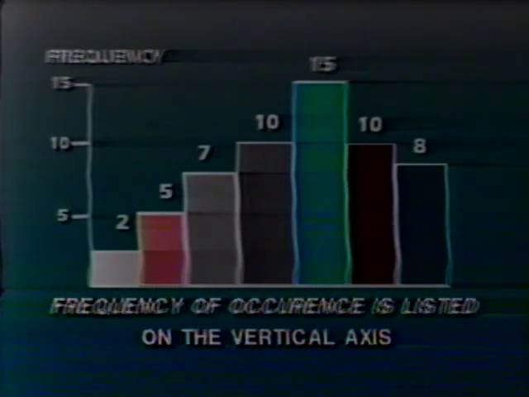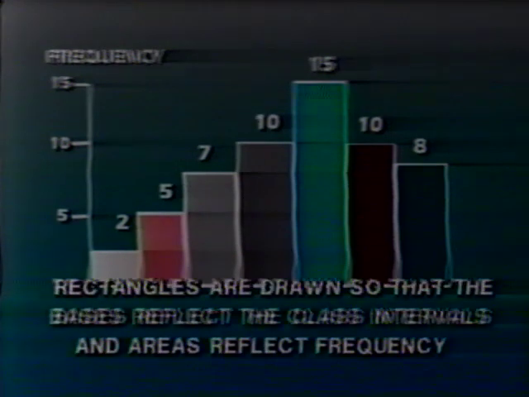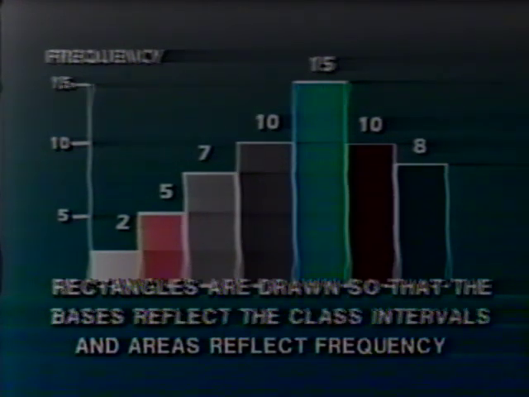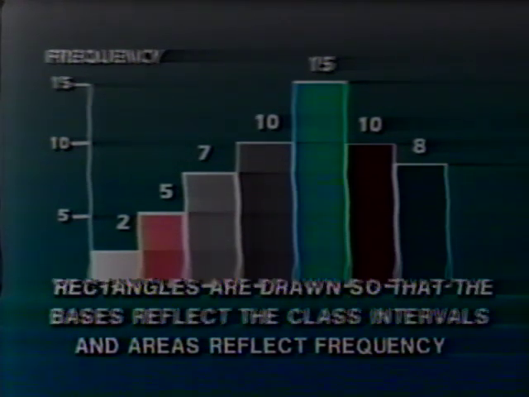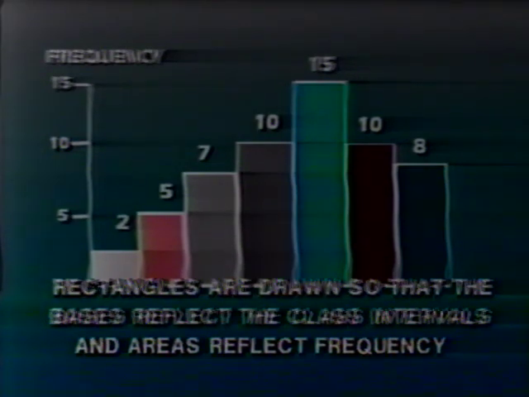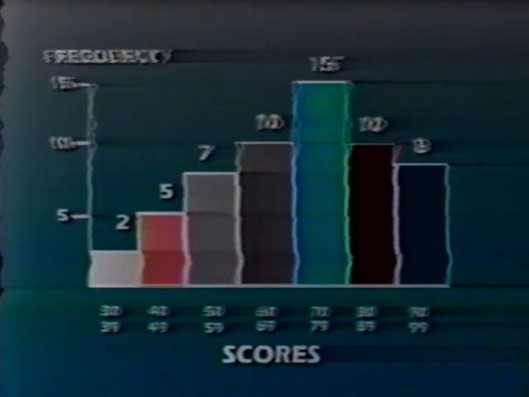And in this case, this is the number of students in each score range. Then the third point, which is probably the most important in constructing a histogram, is that the rectangles are drawn in such a way so that the bases reflect the class intervals and the areas reflect the frequency. Now this last property is one of the main keys that we need to follow to accurately reflect the properties of the distribution of test scores. That is, the areas of the rectangles are supposed to be the main tool that correspond to the relative frequencies